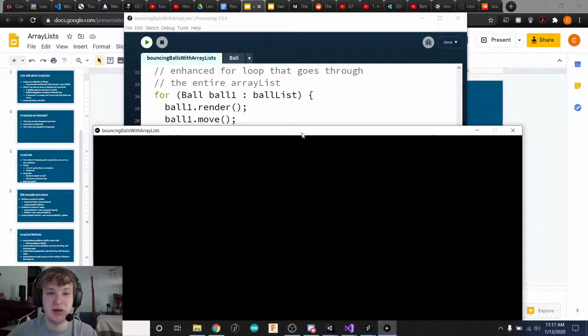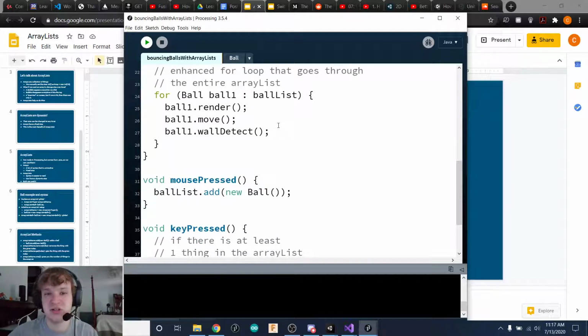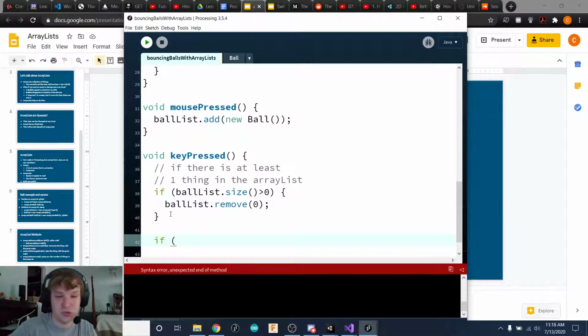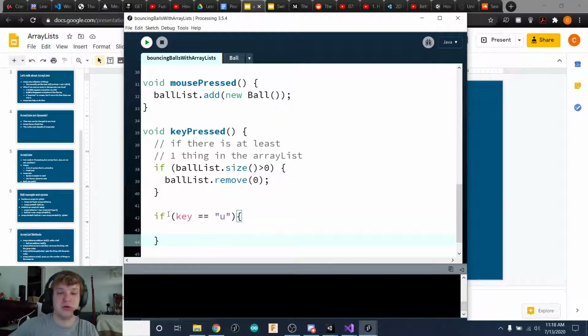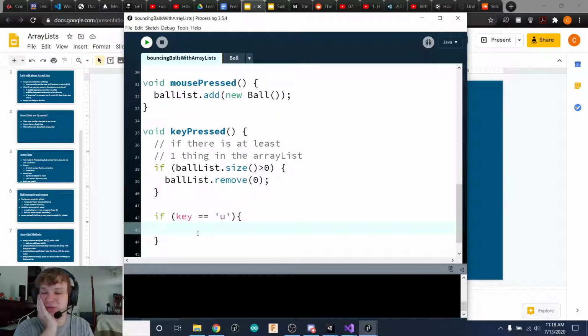And that's that. I will say I didn't talk about how to use the .get, but if you ever want to just access a certain thing in an array list, like let's say I wanted to access, let's see, how about if I make it where whenever I press the U key, if key equals U, I want to make the first ball in my list red, right? Sorry, that should be a character. There we go. If key is U, if I want to make the first ball in my array list red, what I can do is